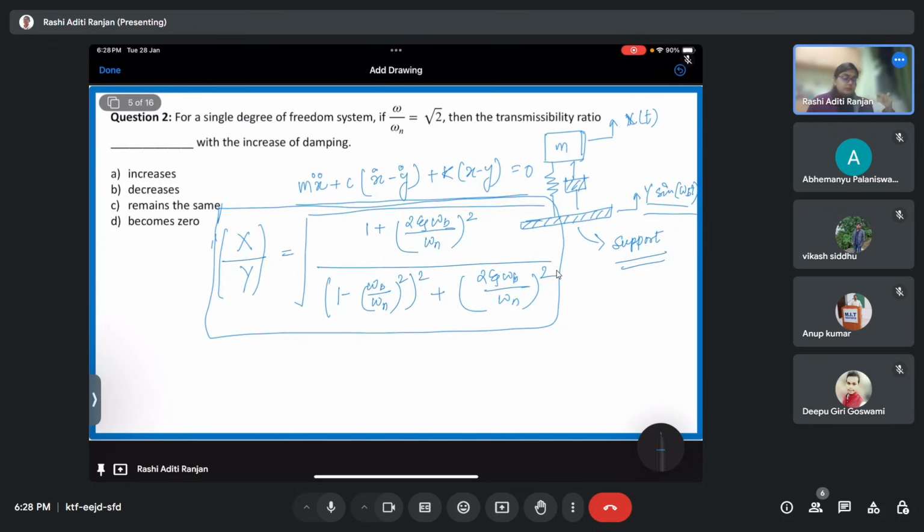So let us talk about what the question says. The question says that for a single degree of freedom system, if omega b by omega n is under root 2, then find the transmissibility ratio. So what do we have to do? We have to simply put omega b by omega n equals under root 2, right? So if you put it here, what will you get? You'll get